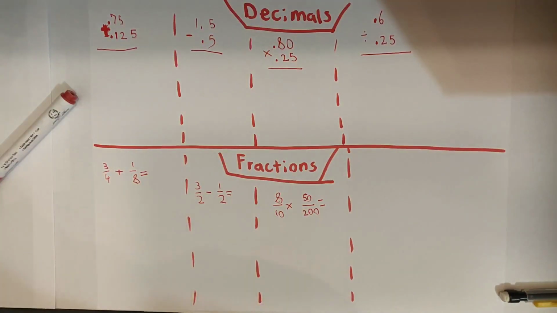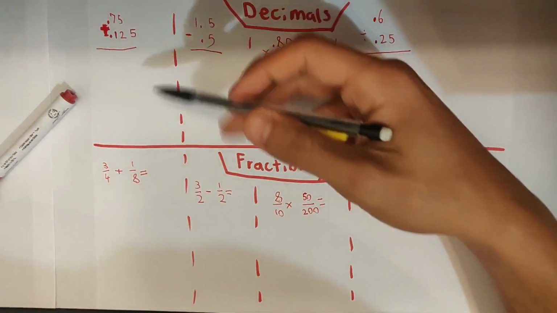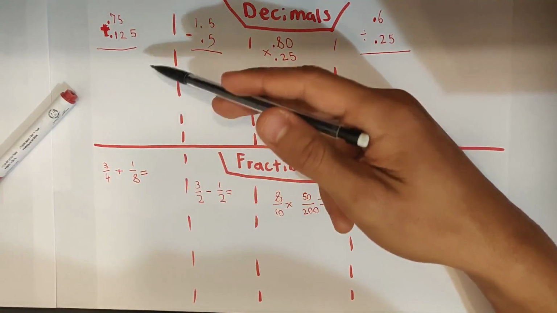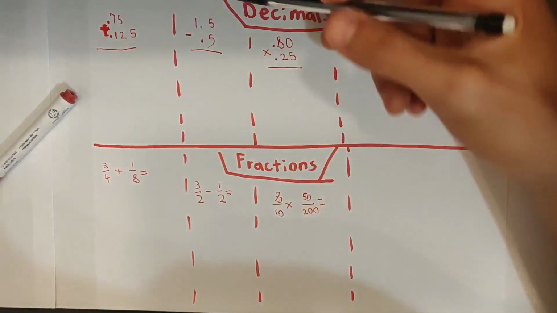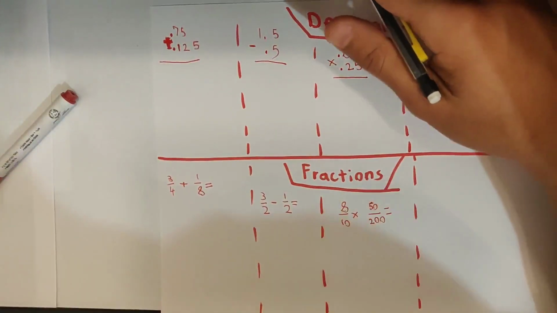Hey guys, today I'll be teaching you guys how to divide and multiply, add and subtract with both decimals and fractions. Just so you guys are aware, these decimals were converted to the fractions in the column in the second row of the same column. So first we will begin with